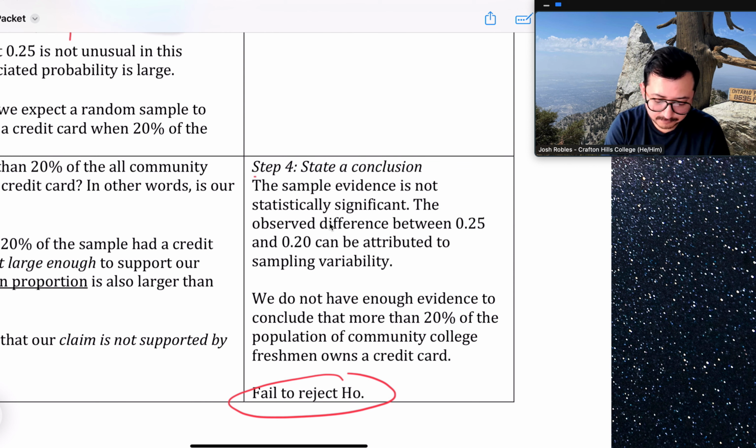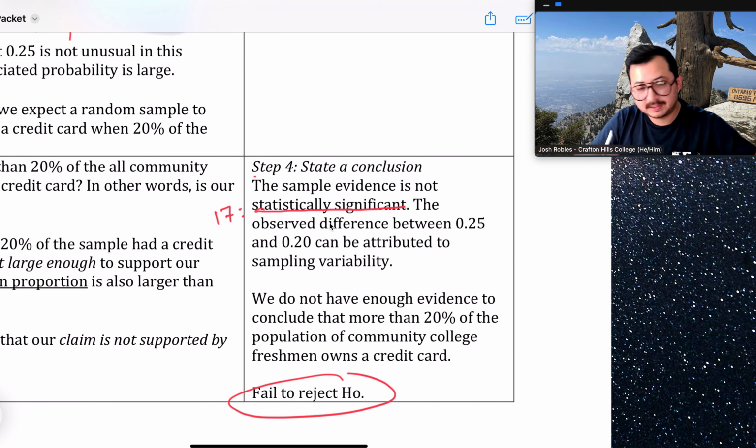This is the version from kind of Module 17, I would say. The sample evidence is not statistically significant. That might be new words. But the next sentence I think you might have heard a little bit before. The difference between 20 and 25% can just be explained by sampling variability, can be attributed to sampling variability, which